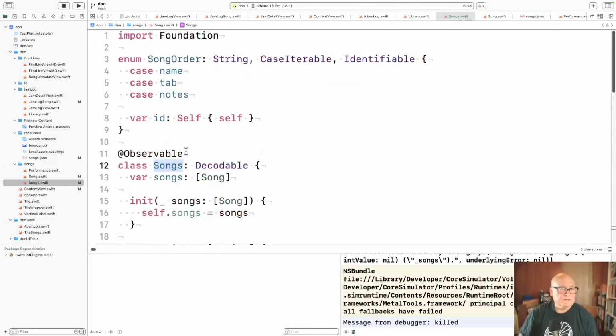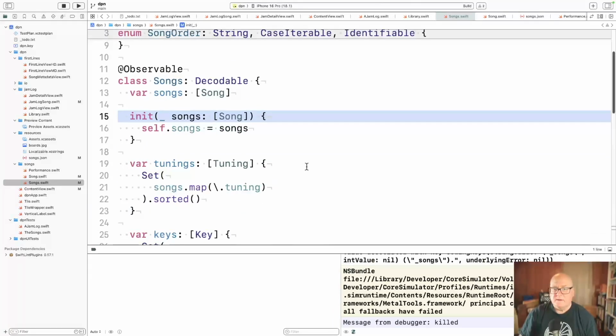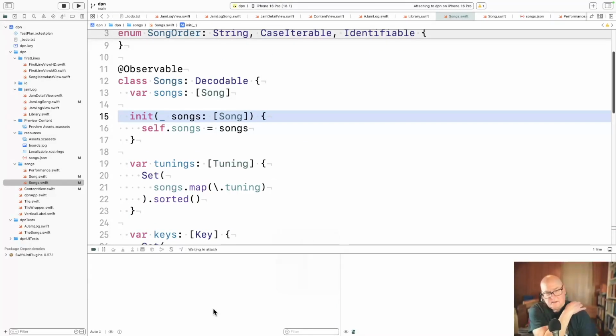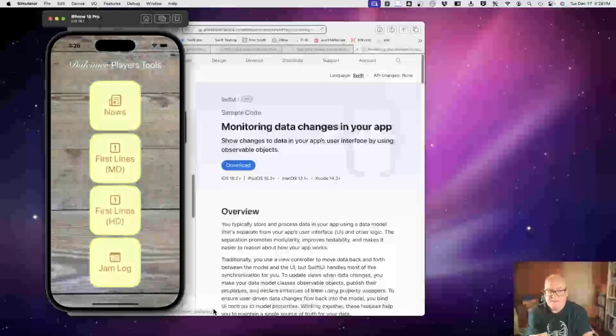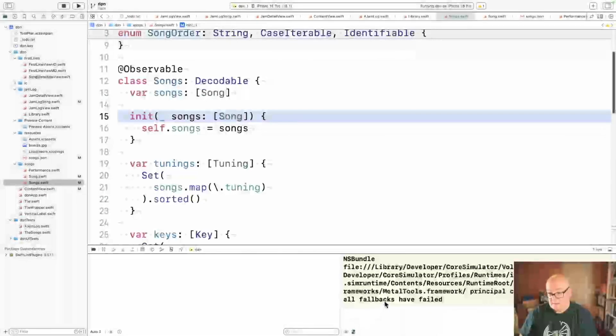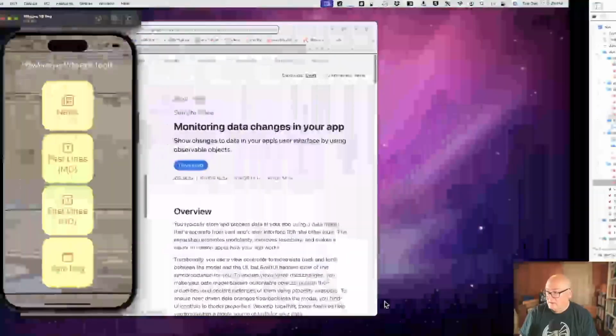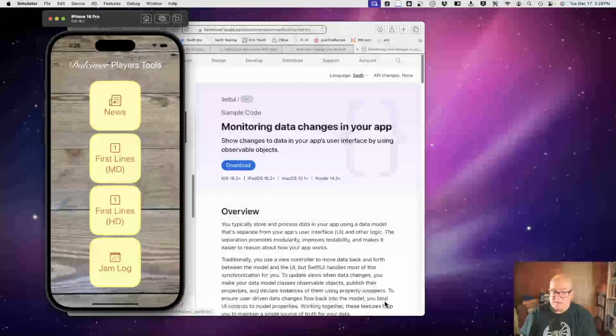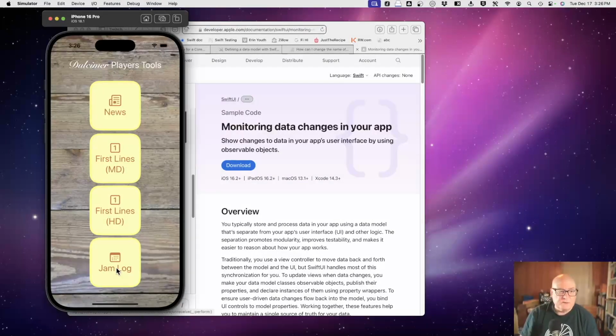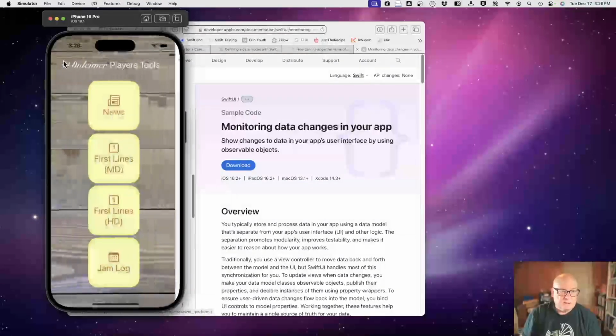Is there a songs initializer? Yeah. Okay, so I'm changing the first line to have the underscore just because that seems to be what it's expecting. Yeah. This may be a difference of like class versus struct or something, or it may have something to do with the observable stuff. Okay, our songs are back.